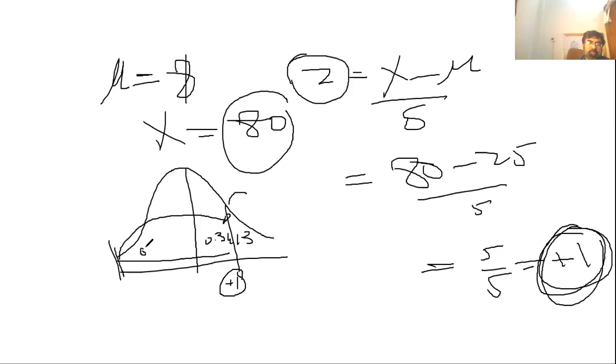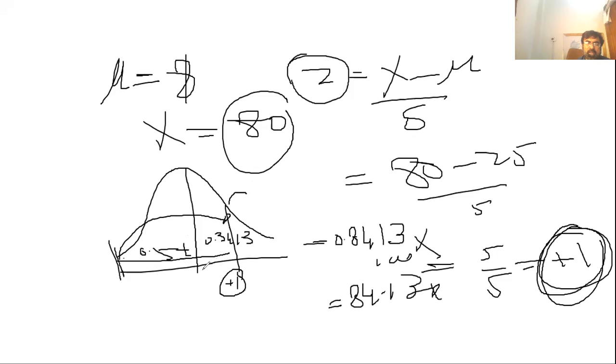The area from this point to the midpoint is 0.5. When you add up these two areas, that will become 0.8413. If you multiply this with 100, you will get